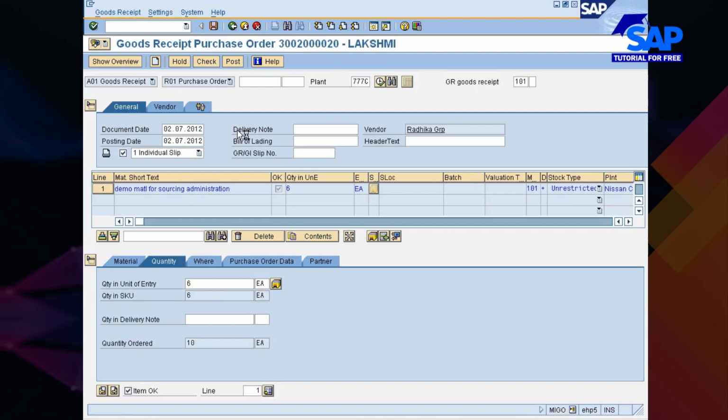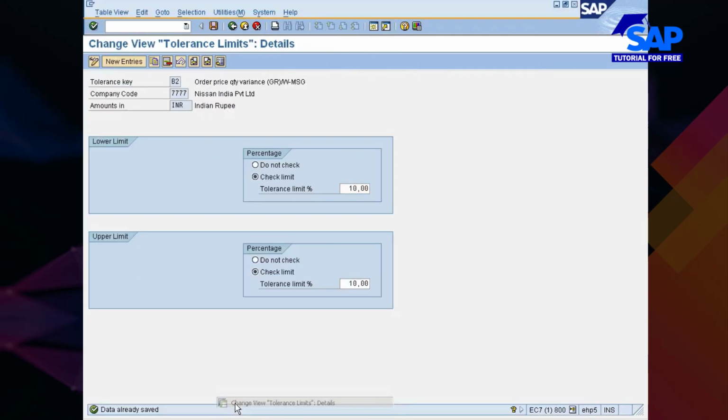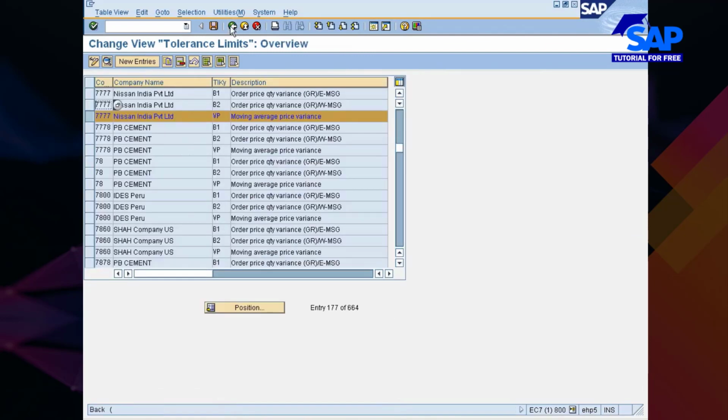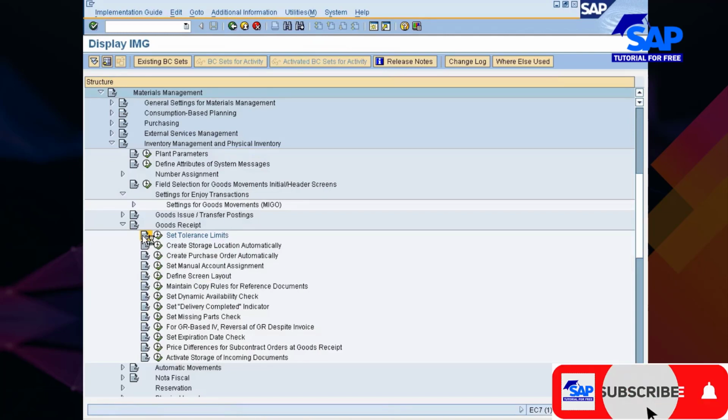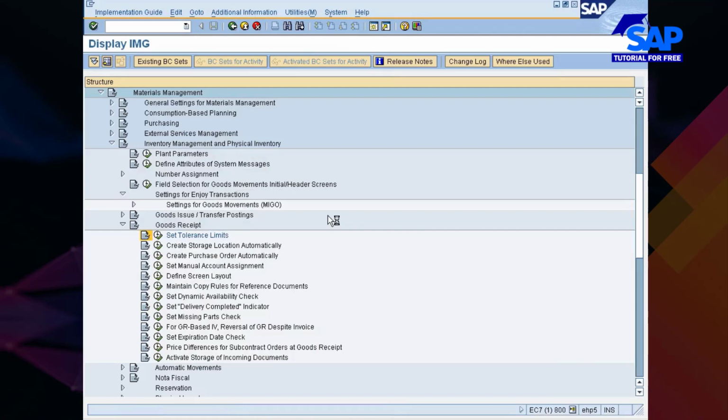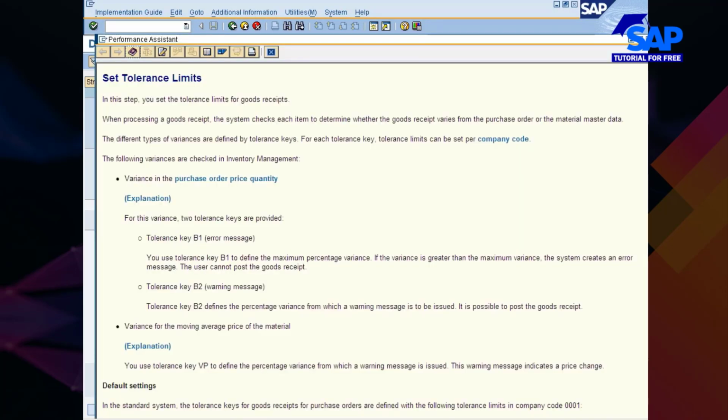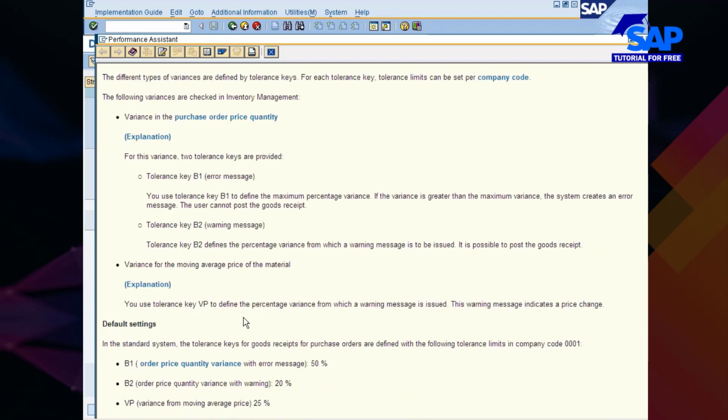That message number will be validated at this point of time. If you want the message number also, I can give you the message number. Just give me a moment. The message number is not there.